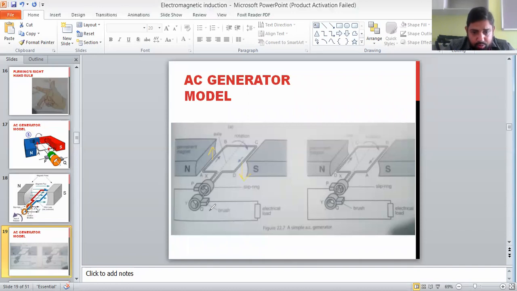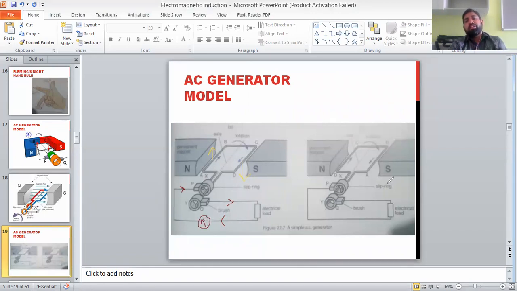So it means the direction of current in the circuit will be like this: here it's going to the coil, here it is coming out, so it will be like this. Okay. So if we put a galvanometer here, that galvanometer will deflect, the needle will deflect to the left side.